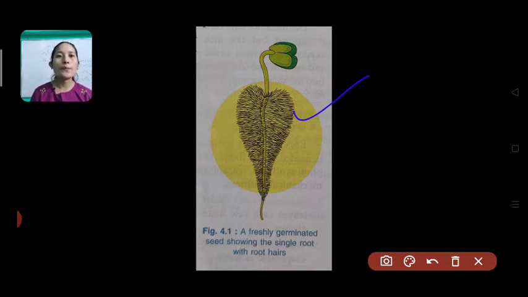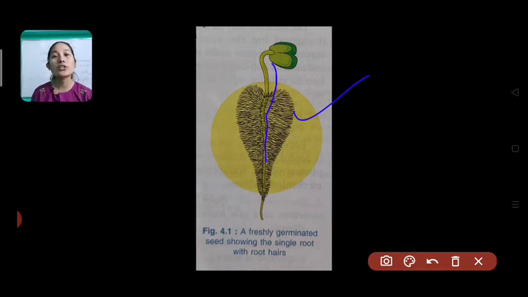The primary root is the strong root which is emerging out, and from this primary root you can see many secondary roots and root hairs arising out. Now because of these root hairs the surface area is huge, and because of the huge surface area more and more amount of water is absorbed by the root at a time. So this is the first characteristic of your root, which makes it efficient for the absorption of the water.